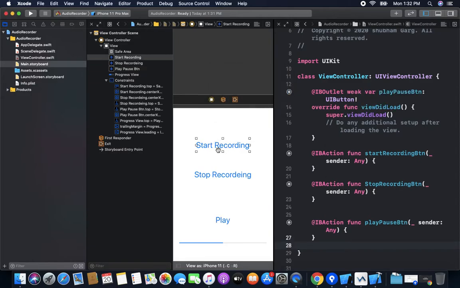We take a stop recording button outlet because after starting a recording, this button can be used to pause the recording, not stop, just for pause. So we take an outlet for this.